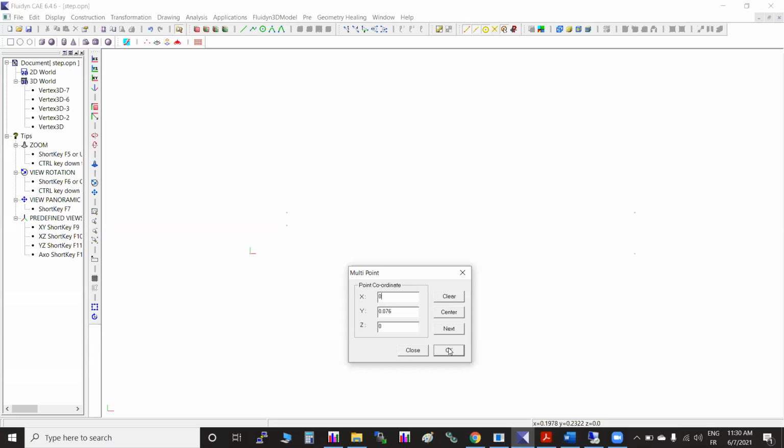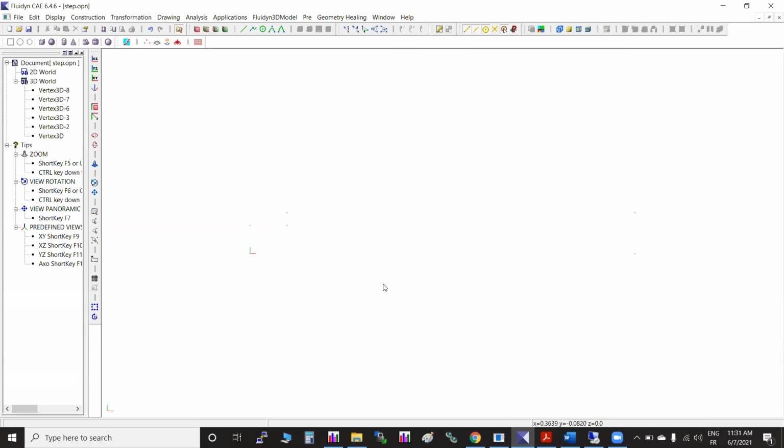The idea of using this multi-point option is that you don't have to always open this particular window to create separate points again and again. You can open it one time and fill it in each time. Everywhere you will find some options like this. The purpose of showing this is to understand that everywhere you will have one at a time or multiple at a time, so that you can think of it. So we have multiple points.